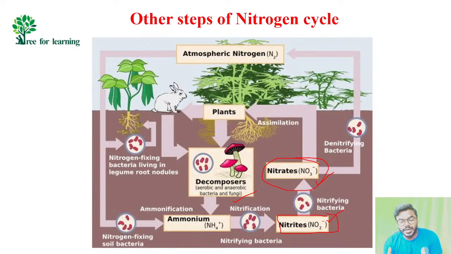But the unique statement I want you to remember here is that both processes are the same, but the bacteria involved in the production of NO2 are different. Bacteria involved in the production of NO3 are also entirely different. I want you to remember that particular point. Now, friends, the question is very clear. Why did I convert N2 to NH3, NH4? Why did I convert NH3, NH4 into NO2, NO3?